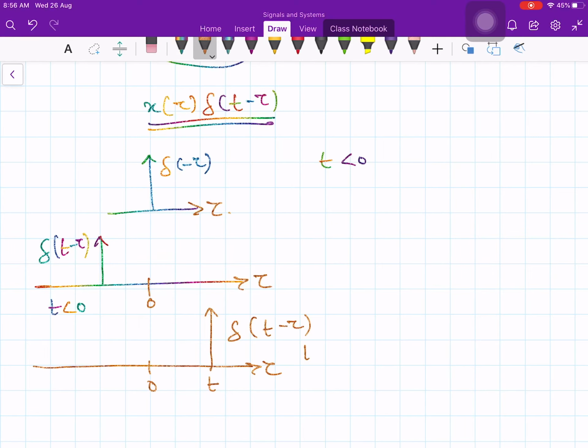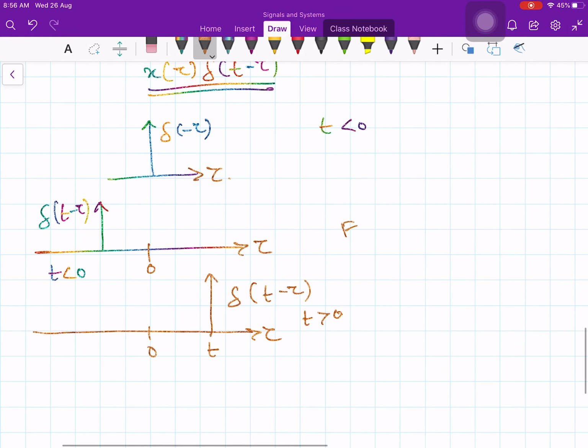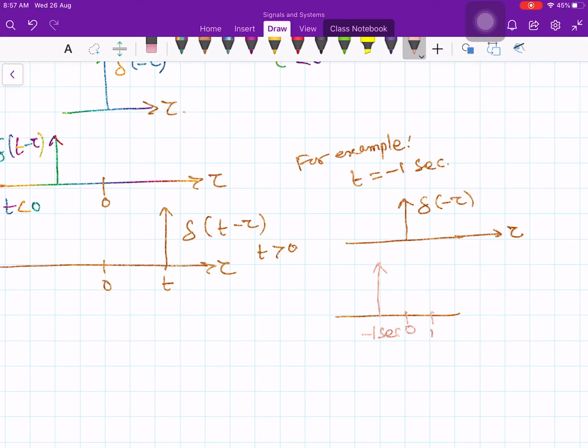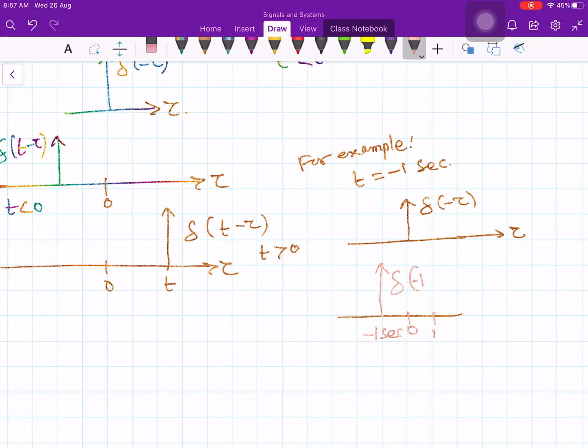For example, let us say t is equal to minus 1 second. Then what happens? Then originally this is your del of minus tau, let us say tau axis, then it is delayed by 1 second. Let us say this point is minus 1 second, this is 0, this is plus 1 second. So, this is del of minus 1 minus tau, because we assumed t is equal to minus 1 second. If you assume t is equal to minus 2 seconds,